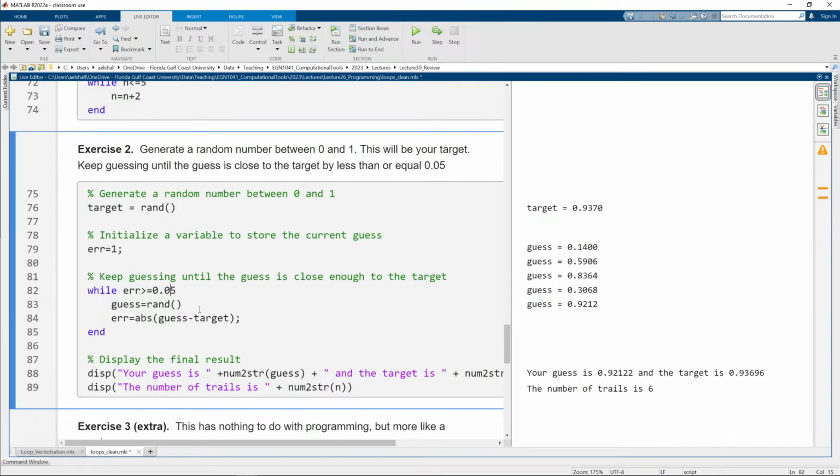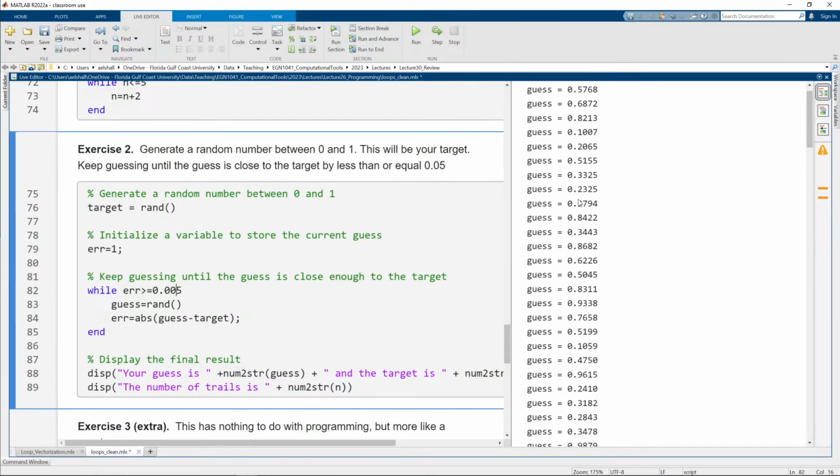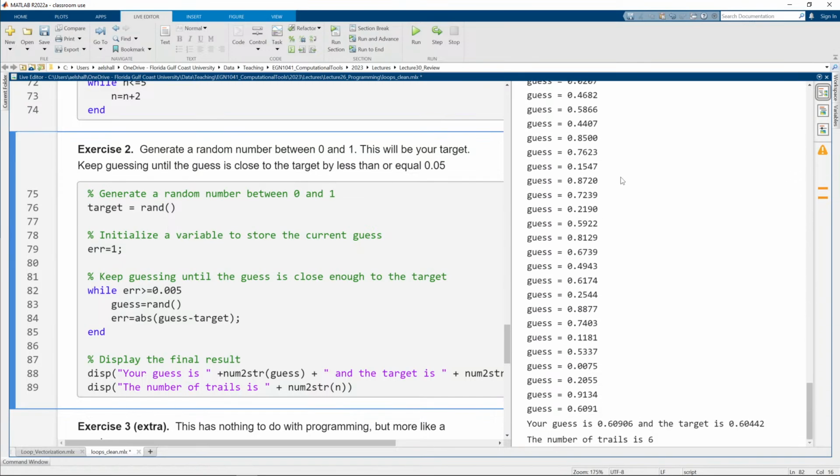Then your guess is this, and the target is this, and the number of trials is 7. If I want to make this number much smaller, so my guess is much more accurate, then of course this loop will keep going for longer, because that's more difficult. You see here, it keeps going for longer and longer, and then your guess is this, the target is this, and the number of trials is